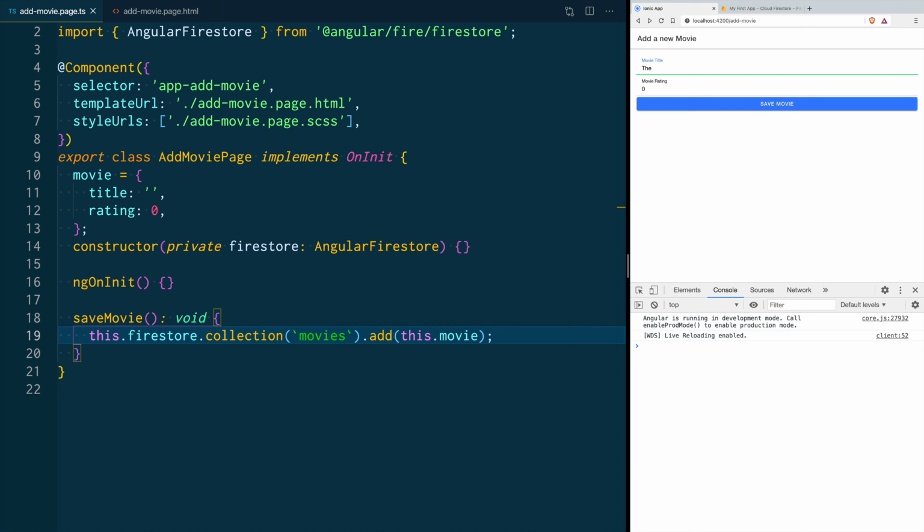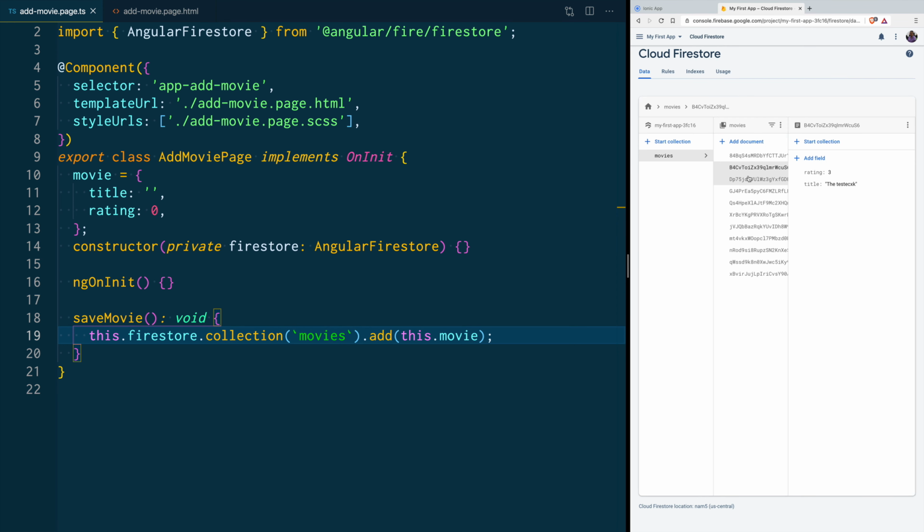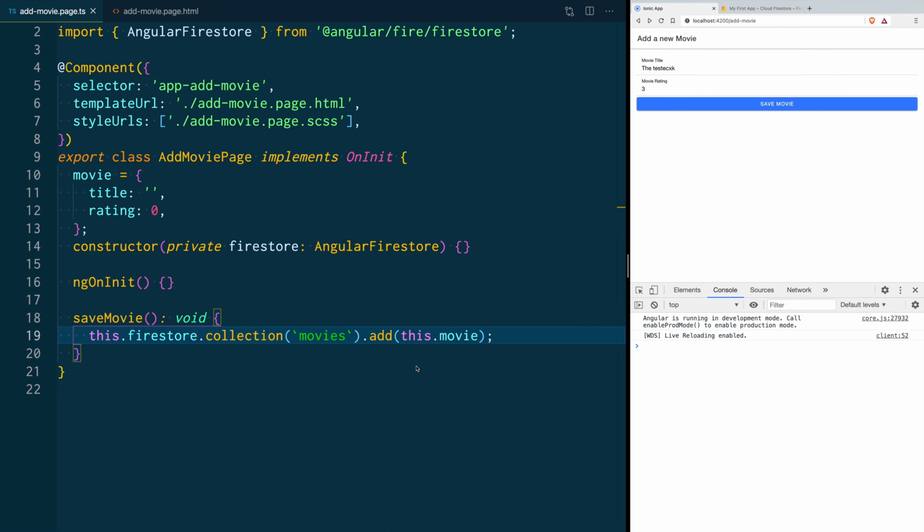For example, you see that whatever we type here, when we click Save Movie, it's not doing anything else. So if I actually click it multiple times, you're going to see all of those movies are going to be added to the database. As a best practice, it's a good idea to actually clear the form and take the user back to the list page. So let's do that here.